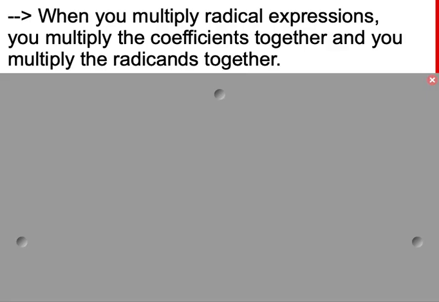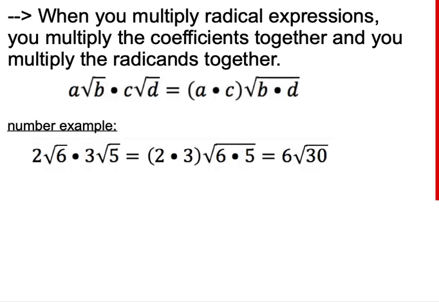When you multiply radical expressions, you multiply the coefficients together and you multiply the radicands together. So if you have a times the square root of b times c times the square root of d, the outsides, a and c, the coefficients, will multiply together, and the radicands, b and d, will multiply together on the inside. A number example: 2 times the square root of 6 multiplied by 3 times the square root of 5. You'll have 2 times 3 on the outside and 6 times 5 on the inside, giving you 6 times the